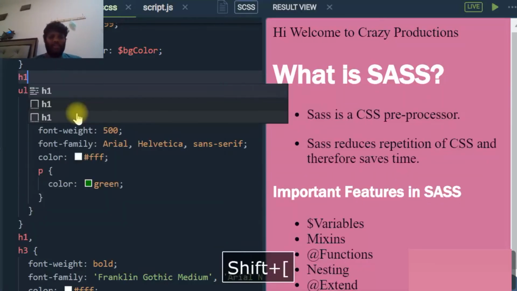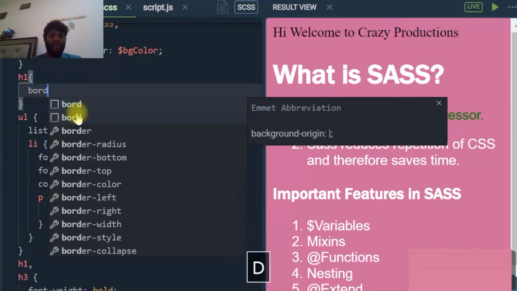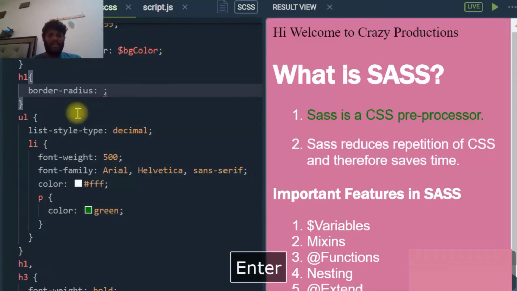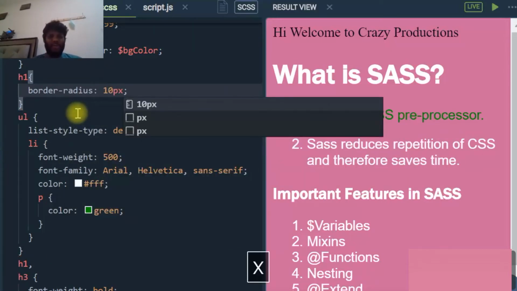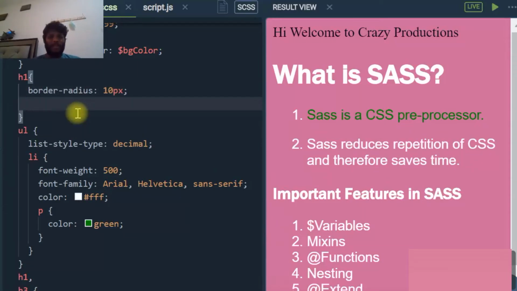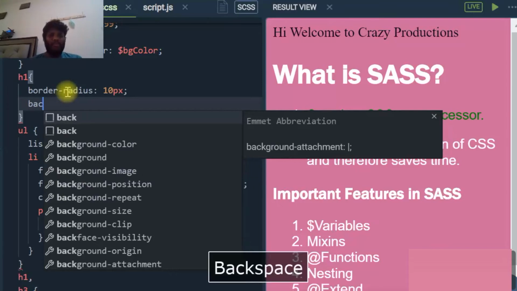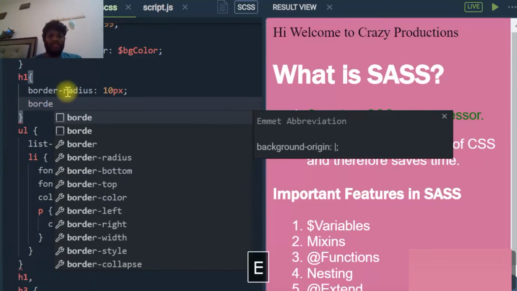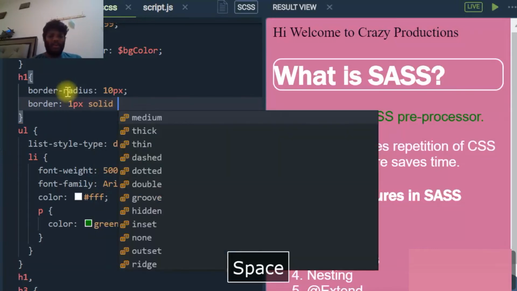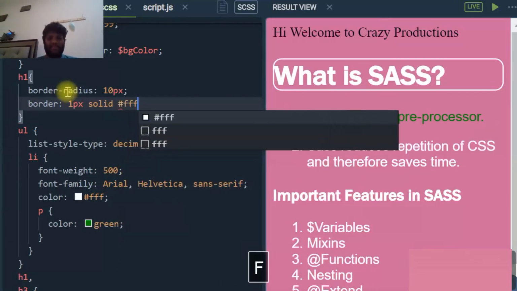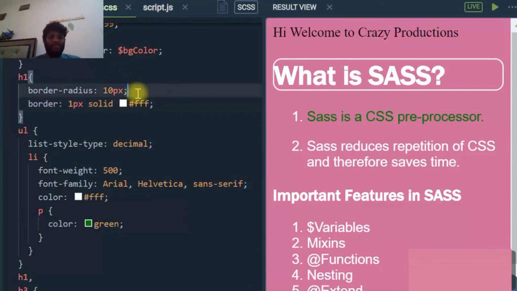What I really do is border, for example, a 10 pixel border radius. The border would be 1 pixel, solid, something like that. Let us give hash fff. So for this we have to write